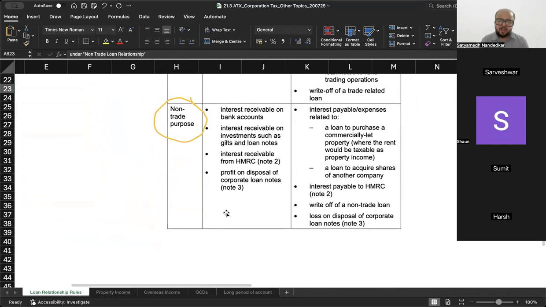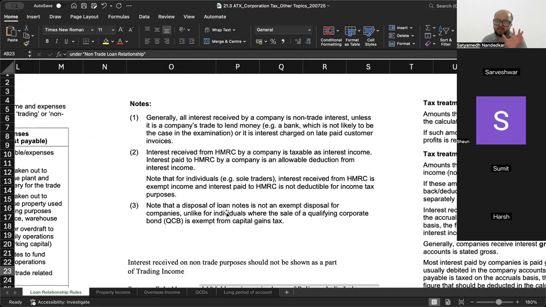ठीक है. अब if you have taken, say for example, a loan for working capital requirements, मतलब if you have taken a bank overdraft, तो वो bank overdraft पे the interest that you pay will go in your regular trading income में, it will be given as a deduction. If you have taken a loan to purchase an asset and that asset is being used in the trade, that will also be allowed as a deduction in trading income. But बाकी का कोई भी अगर होगा तो that will be allowed as a deduction in the NTLR वाला calculation.